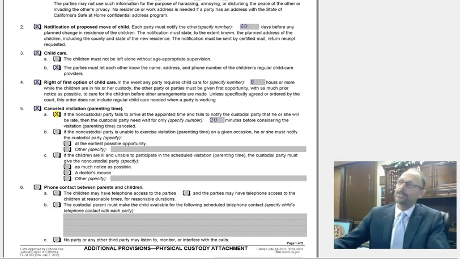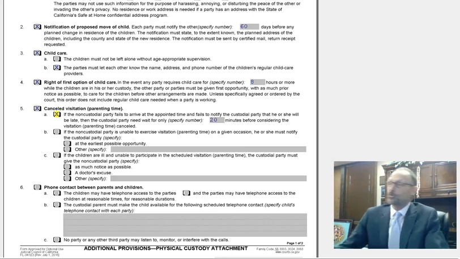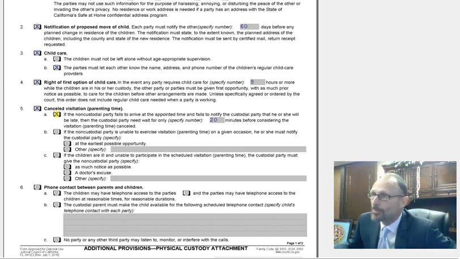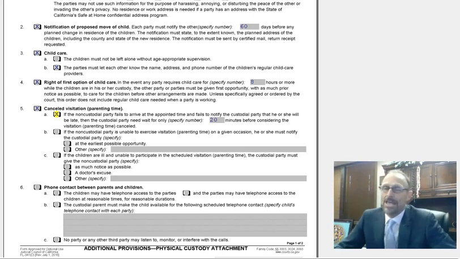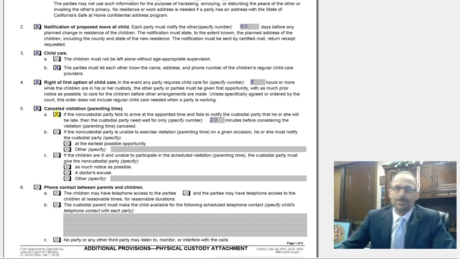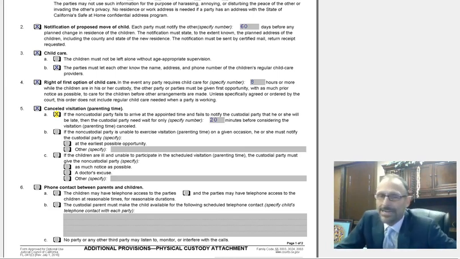At that point, the non-custodial parent should absolutely call the custodial parent and say, hey, look, this is what's going on, I'm going to be late. They should also say, hey, please have the kids available. I don't want to lose all my visitation time if I can get there. I'll give you a break sometime if you'll just hang loose and wait for me to arrive this time. But you may or may not want to put anything. If you're going to mark anything on B, to be reasonable, I would mark B and then at the earliest